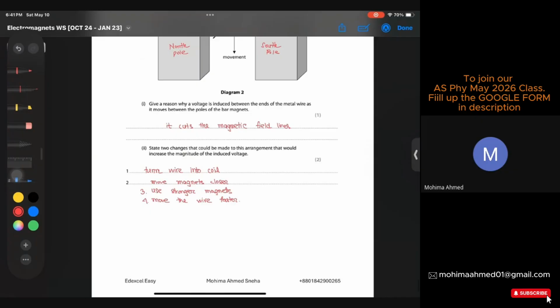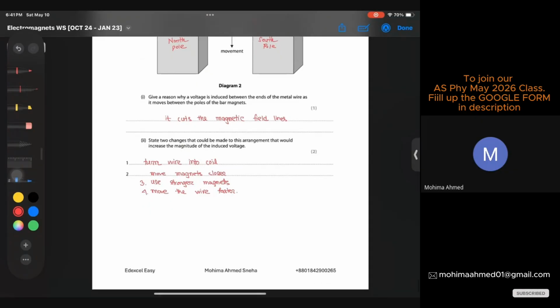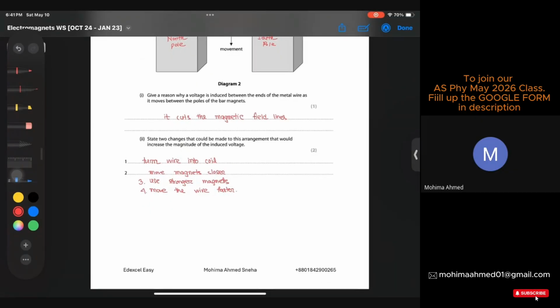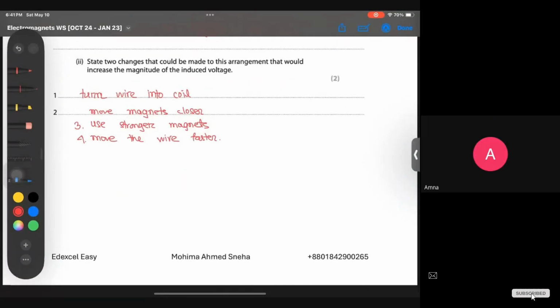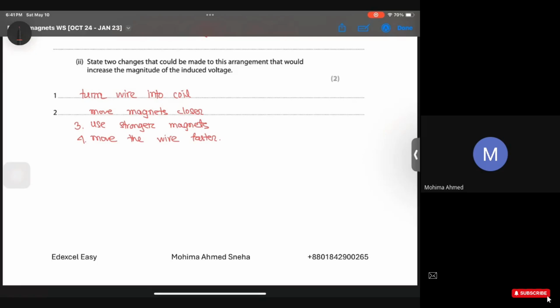Any problem from this part? No problem, sis. Okay, so in that case, just